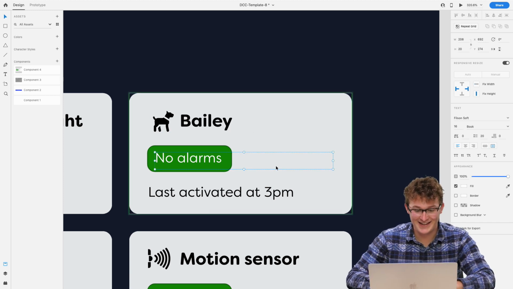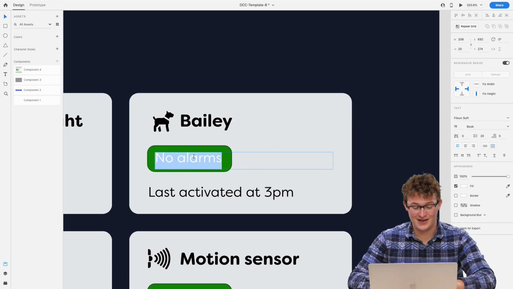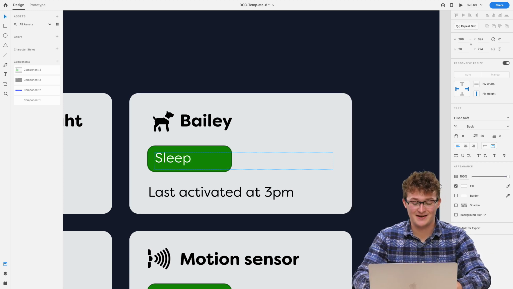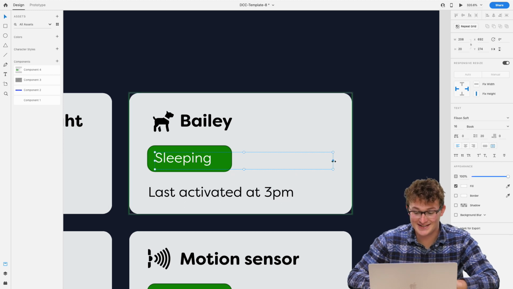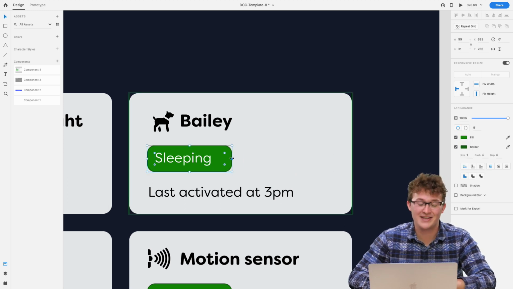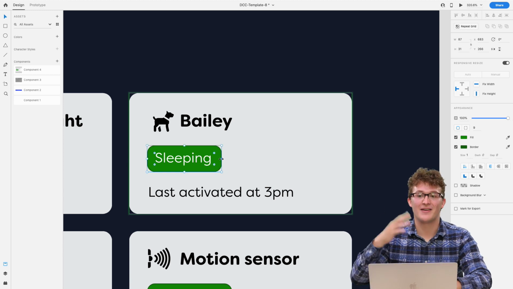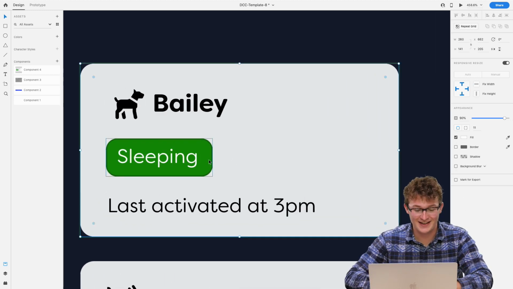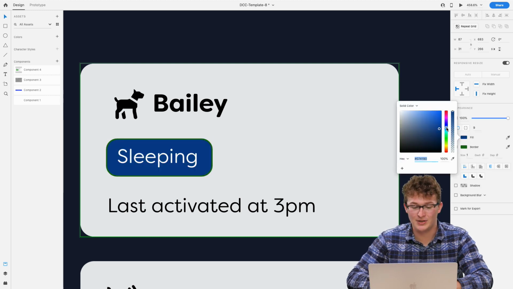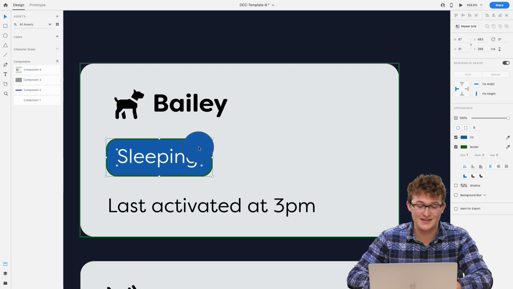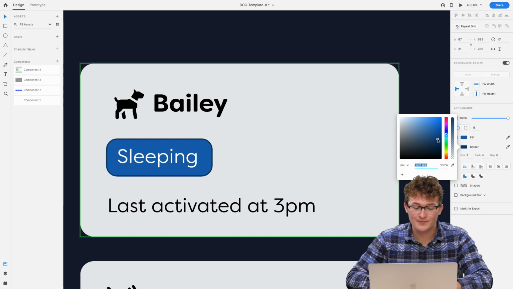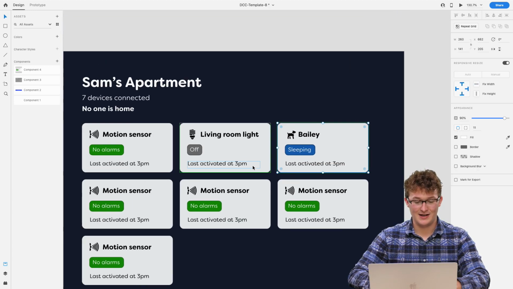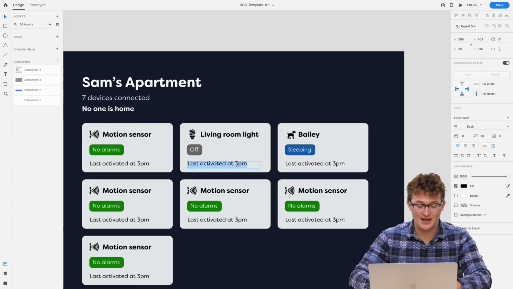Bailey, that's my dog's name at home, and so maybe then the status here is sleeping, because I can guarantee you my dog at home in Chicago, like my family's dog, is probably sleeping right now. We'll see. And I think that's a green status, or maybe it's blue, because blue's a good color for something that's neither good nor bad. And maybe last activated, maybe last turned on